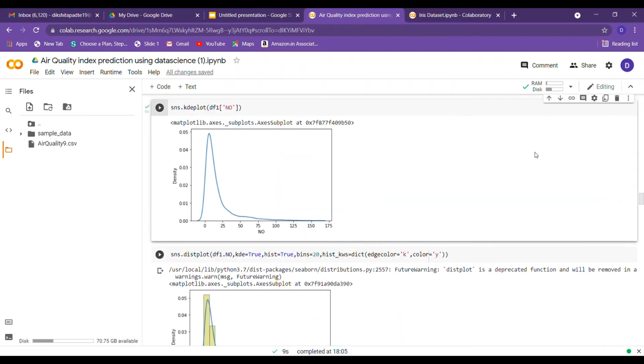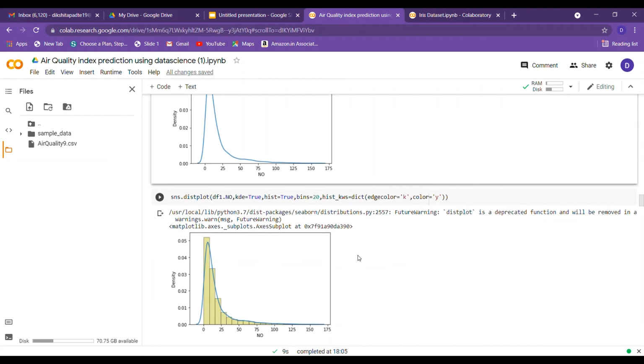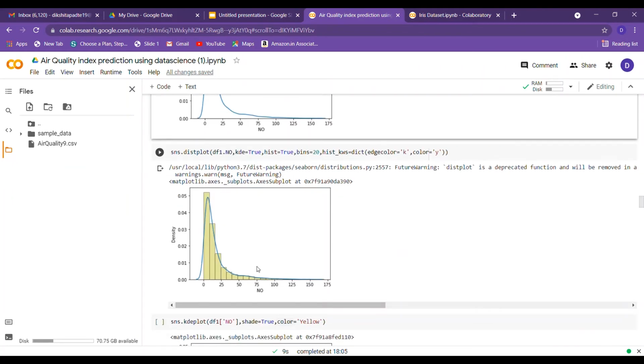That is, the plot is skewed more towards the left, because the majority of the data lies in this first bar, that is between the 0 to 10 range.